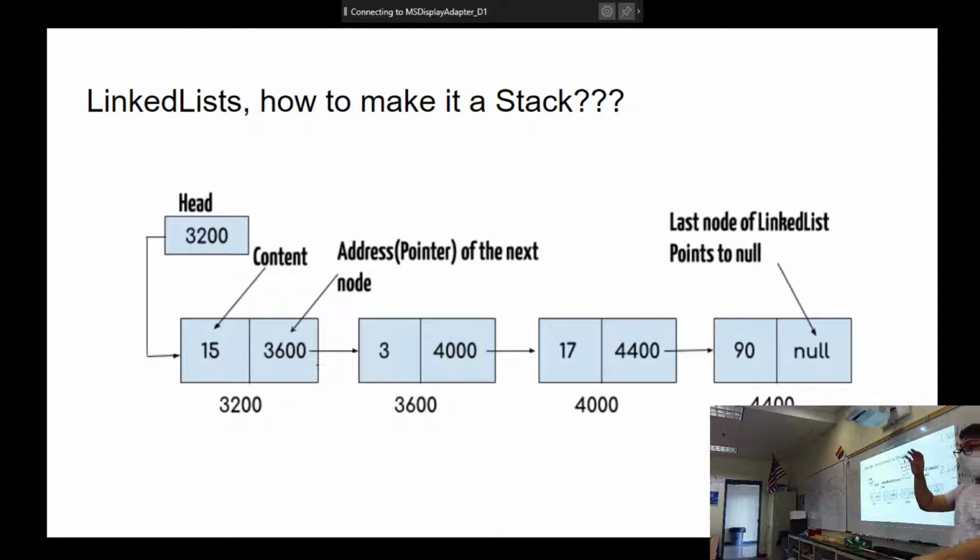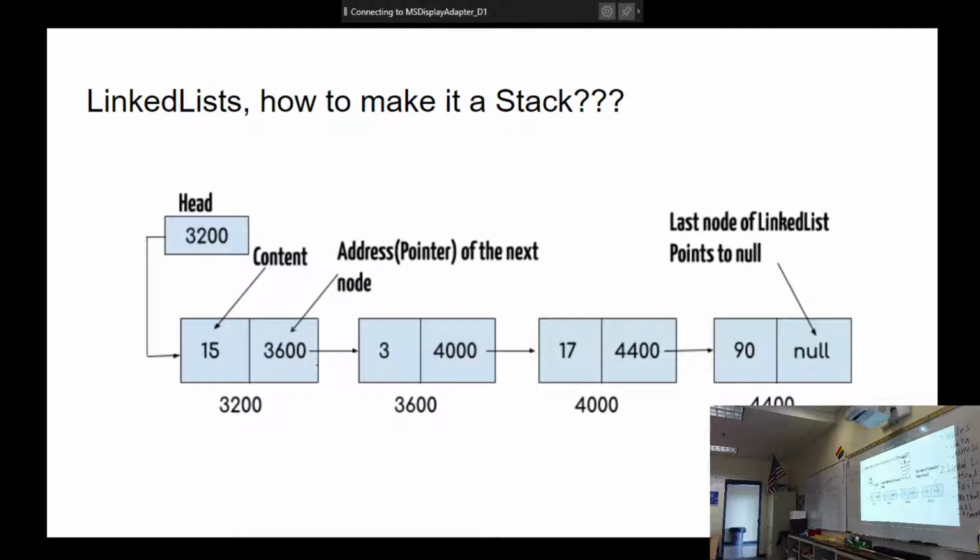So when we have our head at the top, if we add an object, that object becomes our new head and it points to the next one. We add an object, that one becomes the head, we make another one. Now if we pop an object, we remove it from the stack, it says go to this one, this is the next one. Point there, go to the next one. Point to the head. And we keep going down because we always have to do what? Push and pop off the top of the stack. And then we don't technically have a tail, but our head is at the top.